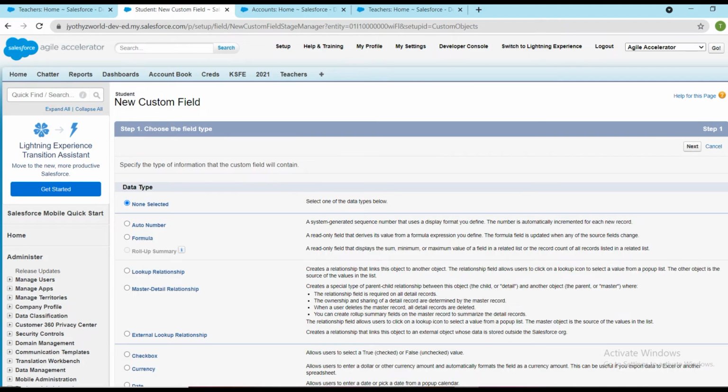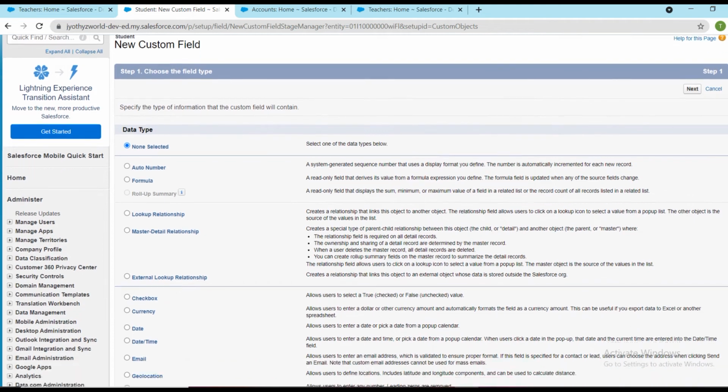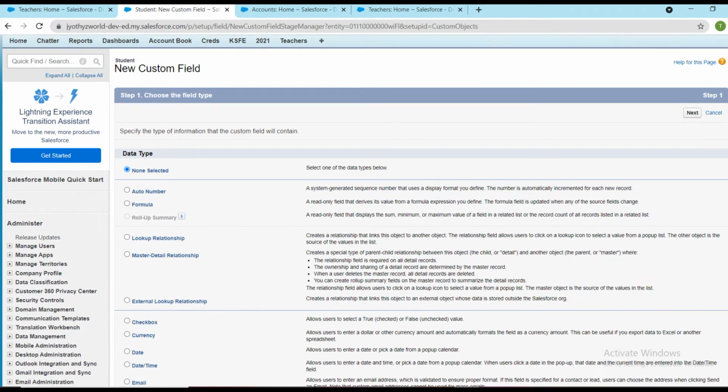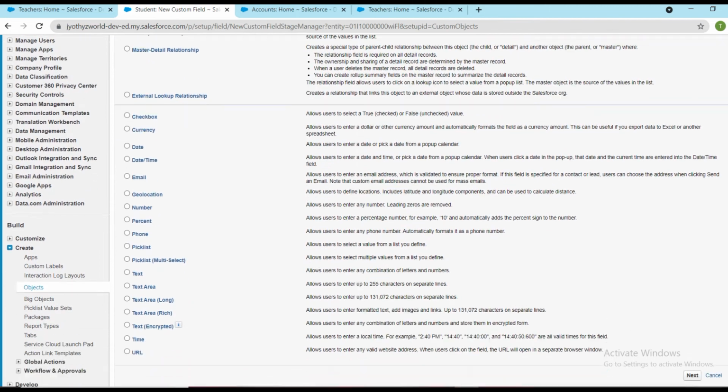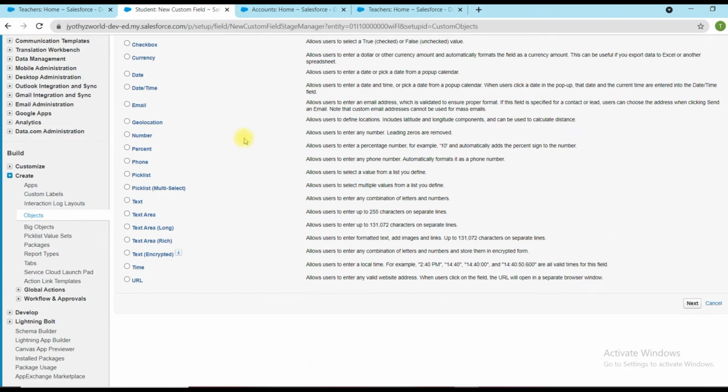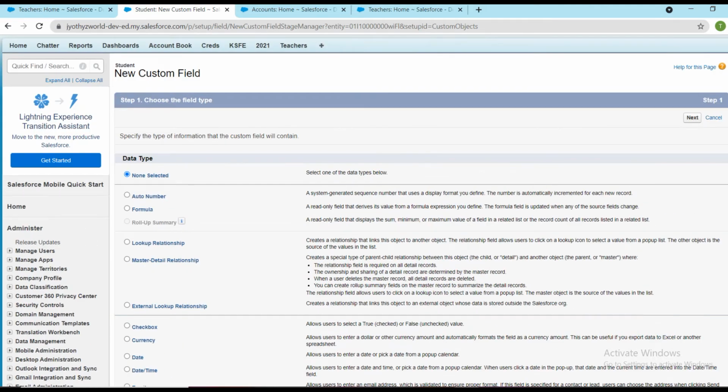Now our next requirement is that we have to make a relationship from the student object to the teacher object. So what we will be doing is making a relationship from the student object to the teacher object using a master-detail relationship. This is the case when we can provide this option whenever the student object should contain a teacher. If I provide a master-detail relationship and I am not entering any value for the teacher field, it will trigger an error. So whenever you choose between these, please be careful.